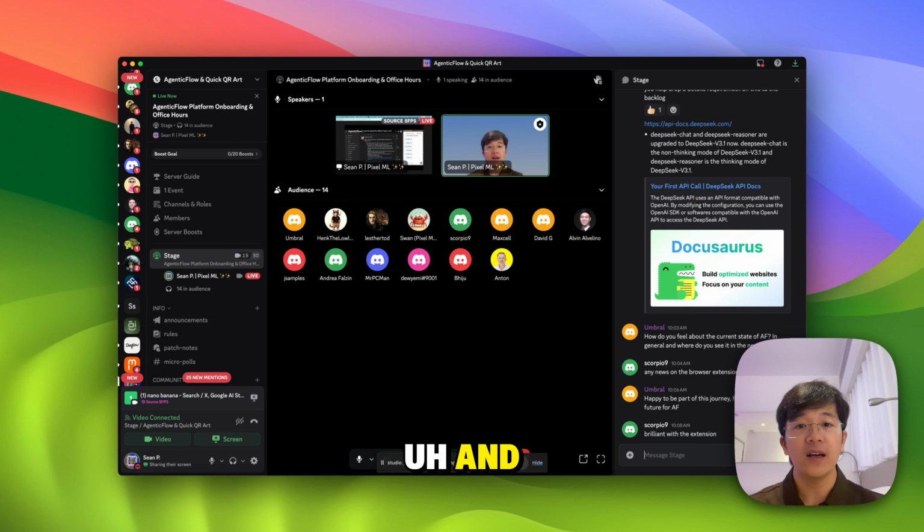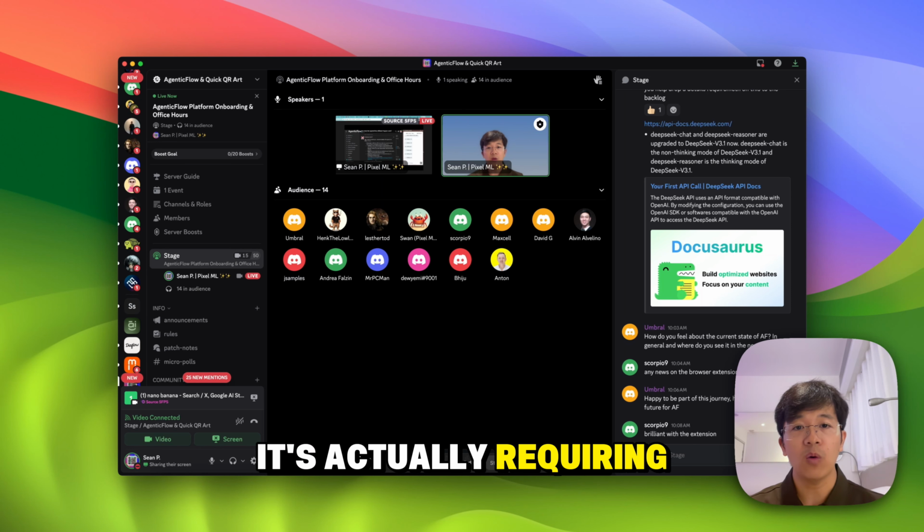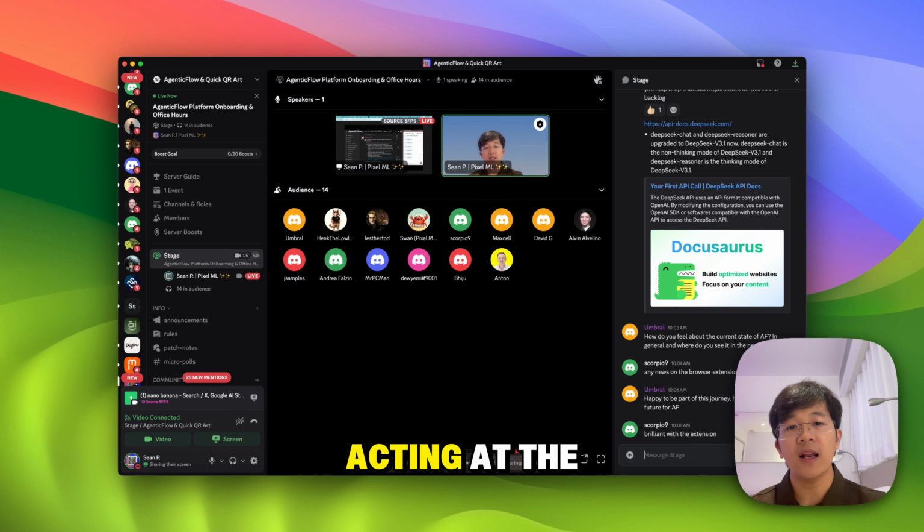This is a good demo, I would say. It worked. The point is there are some limitations that we still have to polish before making it available. One is the installation. Right now it is quite tricky because you are not able to do a one-click installation. It actually requires an app on your machine to act as a bridge. So we are trying to solve that: how can we make it a one-click install to your browser so you can start to control your browser with AgenticFlow?